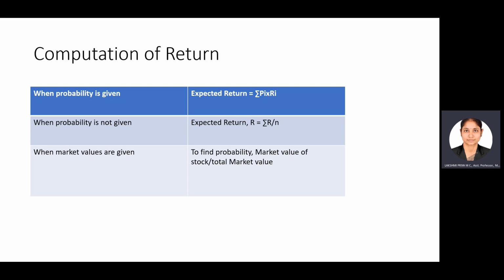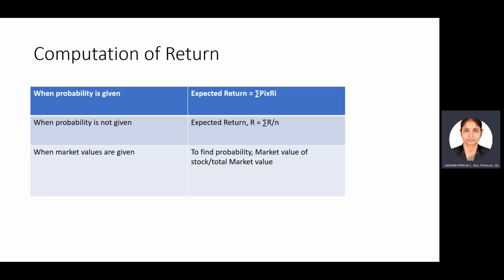When probabilities are given along with the risk expected return, you can calculate the standard deviation and the expected return by using the formula: expected return is equal to summation Pi into Ri, which gives you the expected return, and the risk. I'll tell you in the next slide how to calculate the risk when probability is given and when probability